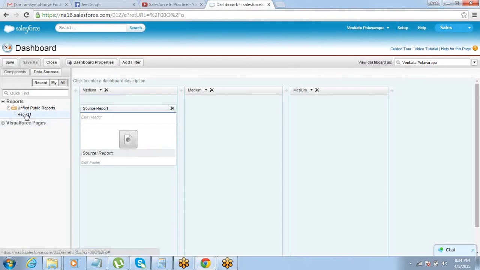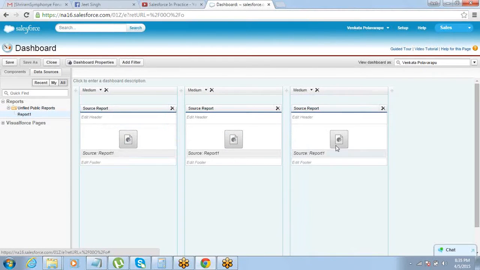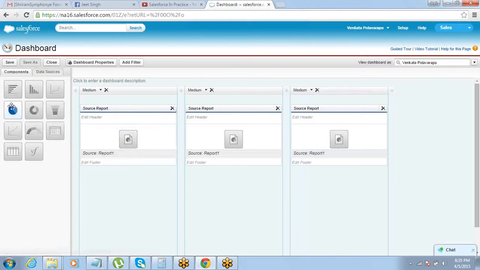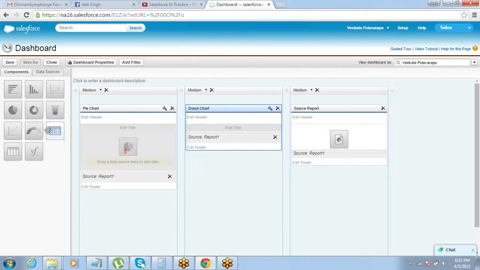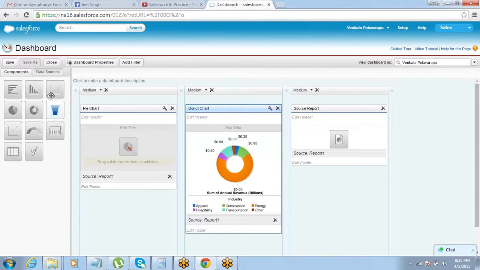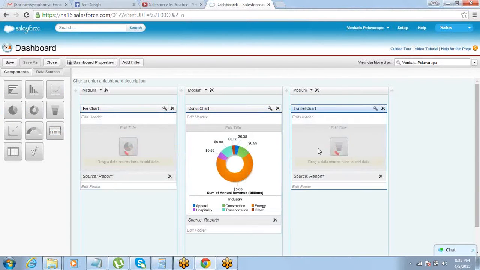So it's just drag and drop. So drag and bring the data sources here and go to components, whatever component you want for it. I just have one report now, that is the reason why I have dragged the same report for everything, but I will put different components for them.